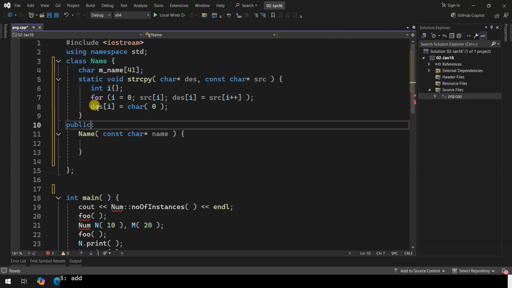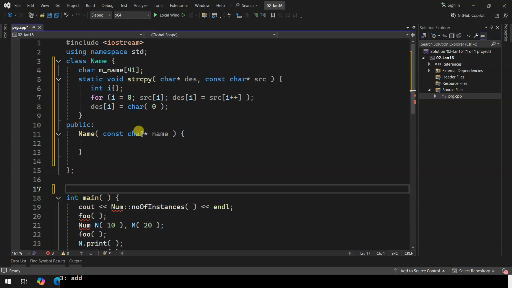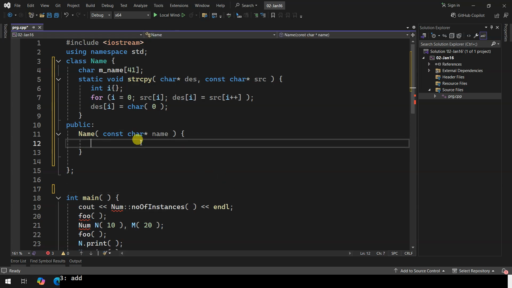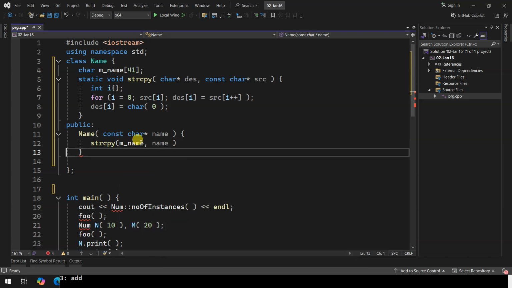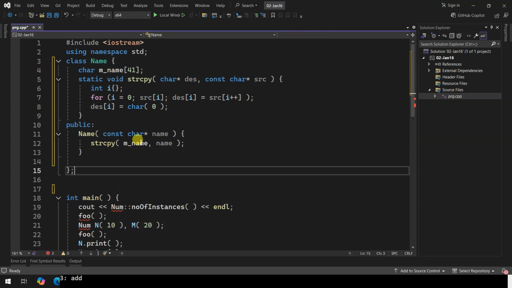Oh, okay. So why do we need to have a static method? Yeah, I got it. Because the logic belongs to the class. Yes, Professor. Thank you. No problem. That was a good question, by the way. So in here, I'm going to strcopy into name, the name, and so on and so forth.